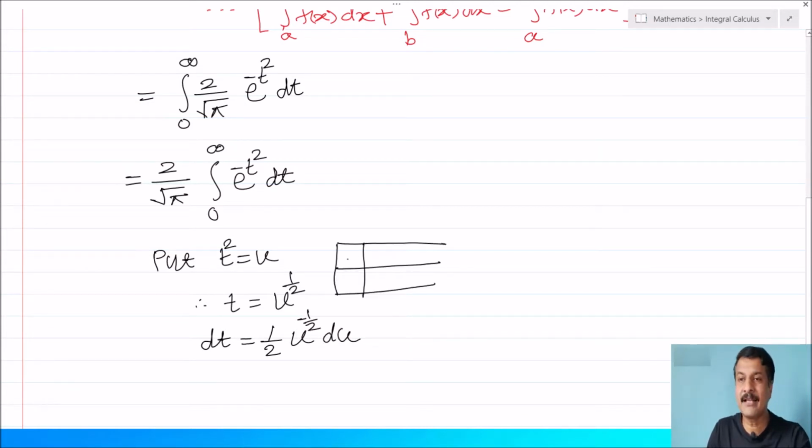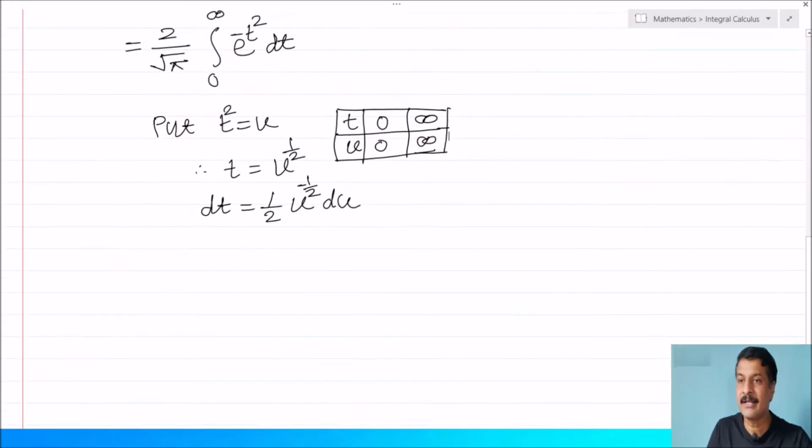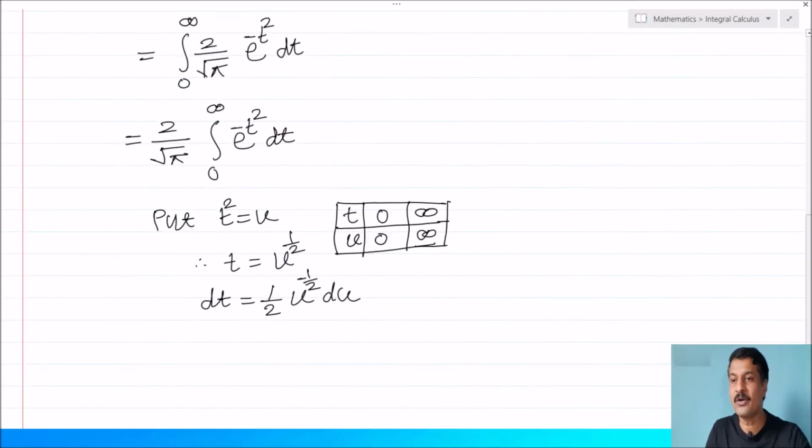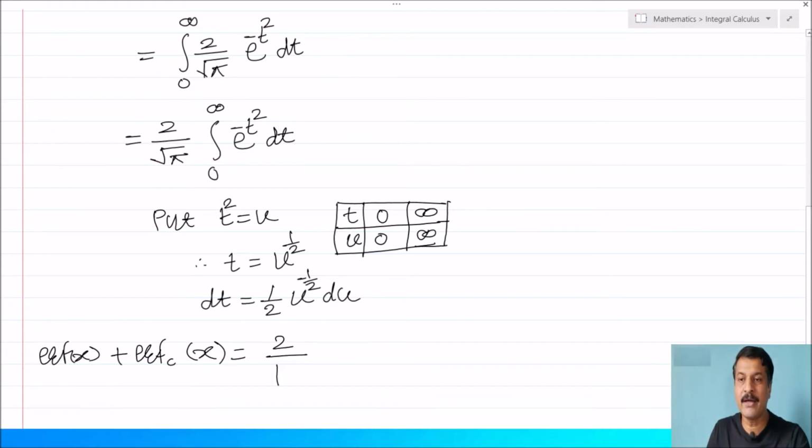So you can check the limits here from t to u, given limits 0 to infinity. As t equals 0, I am getting u equal to 0, and t is infinity, u equal to infinity, and that is why I am getting u equal to 0 to infinity, meaning no change in the limits, and that is why the left hand side is what? Error function of x plus complement of error function of x,